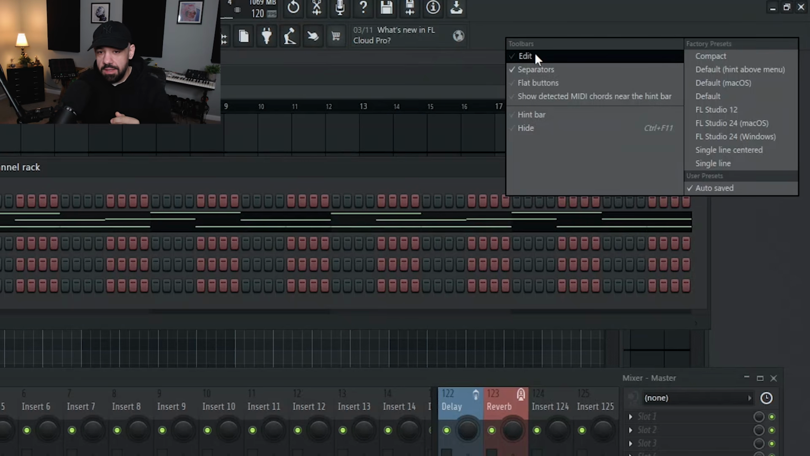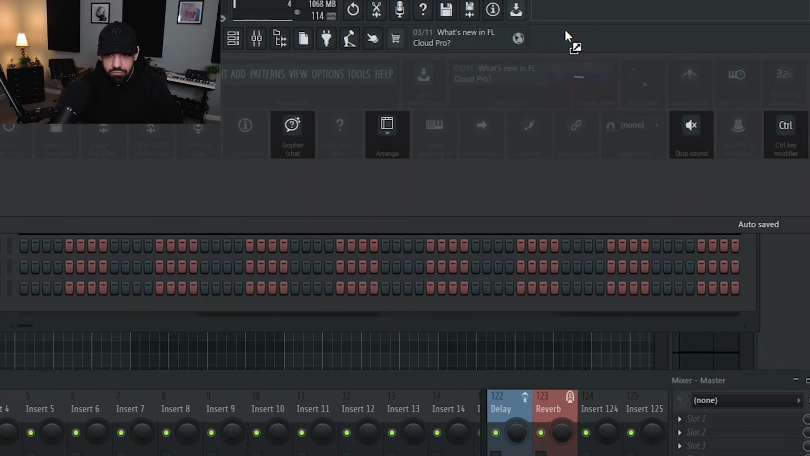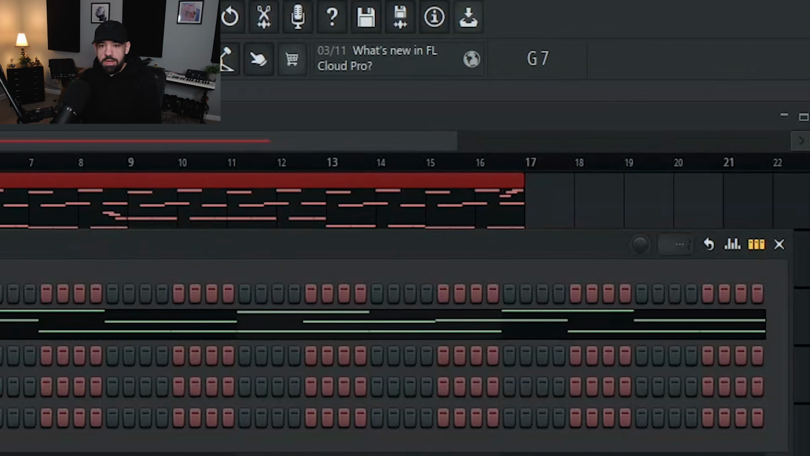You can right click and hit edit, and when you hit edit, you can customize the toolbar. If you didn't know this, this has been here for a while now, but it's really cool. But right here, we have the chord detection, and there's a bunch of other stuff that is highlighted here that is not in the toolbar currently. So you can click and drag it and add it to the toolbar, and then just X out of this. So right now it only works when you're playing things out,